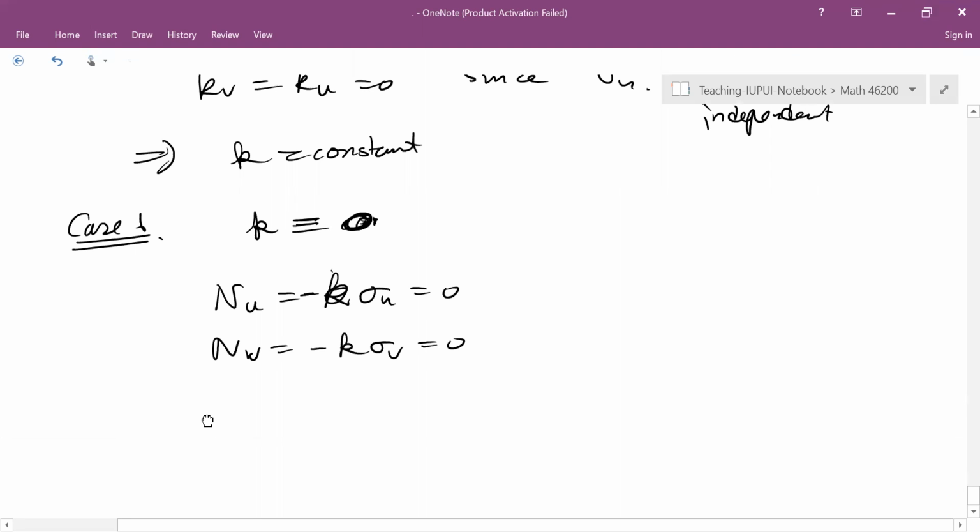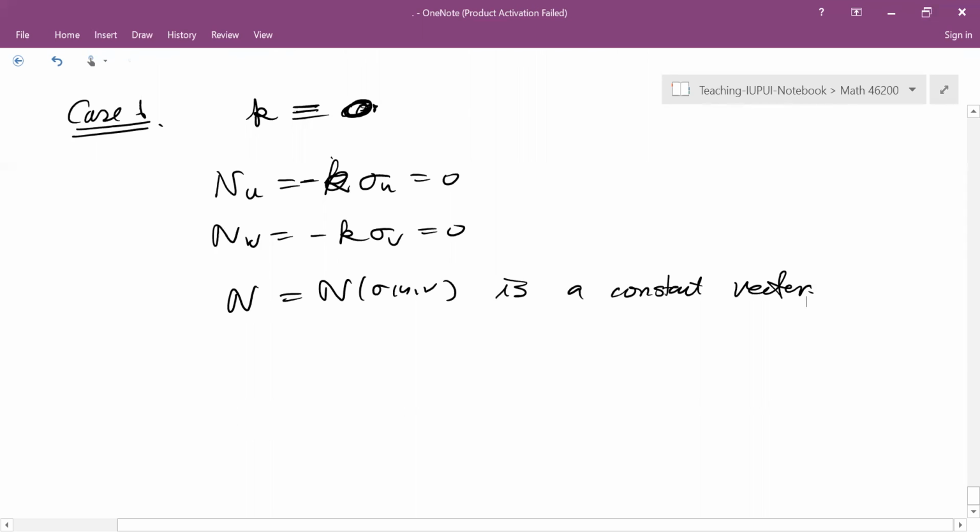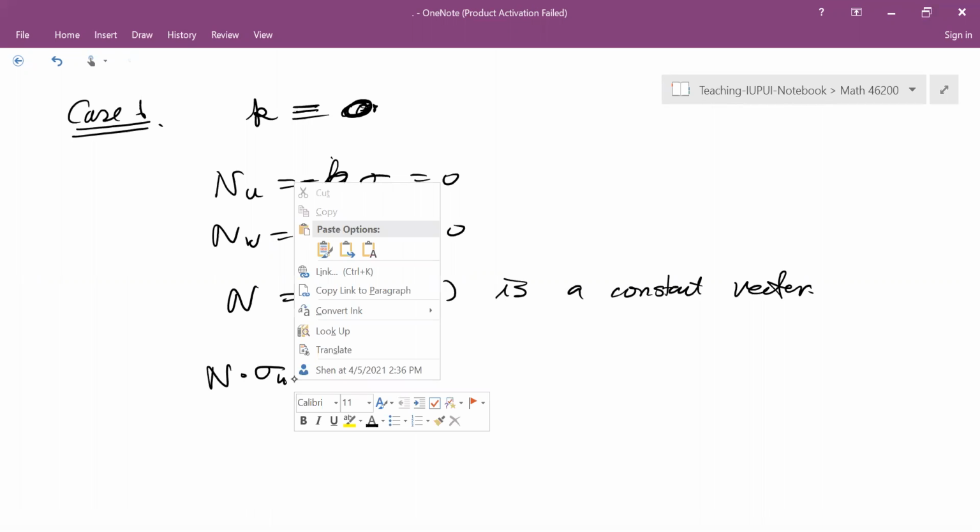So that means N as a function of u, v is going to be a constant vector. Because it's a constant vector, so N dot σ_u,